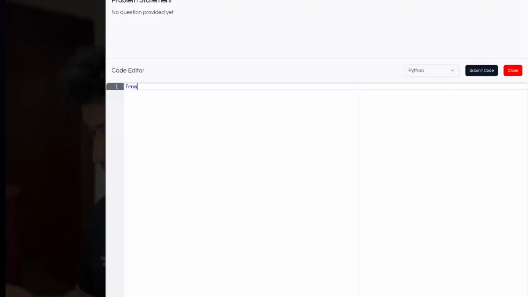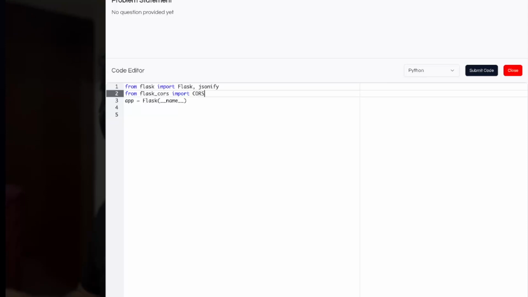Okay. So what I'm going to do is from Flask, I'm going to import Flask first, and let's say I also want to import jsonify. And I want to define the Flask app, and for that I'll just do Flask(__name__). And let's say I also want CORS, right? So I want to enable CORS from flask_cors, import